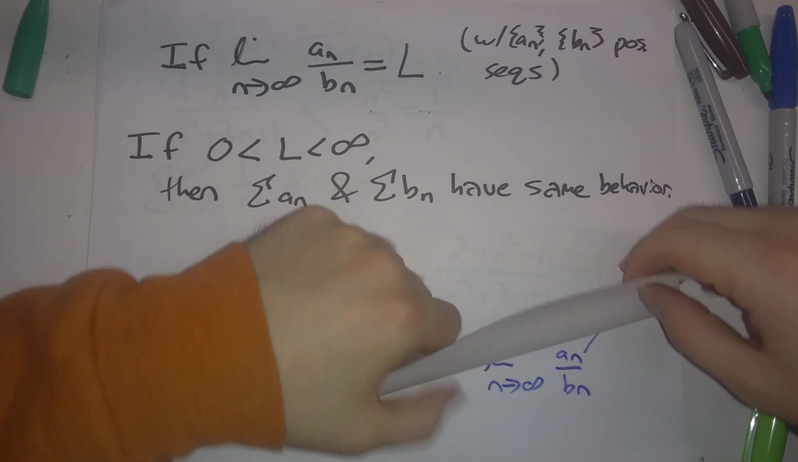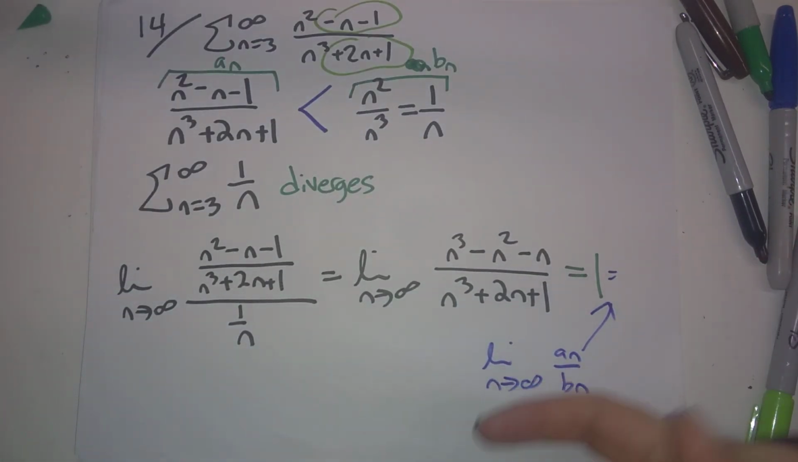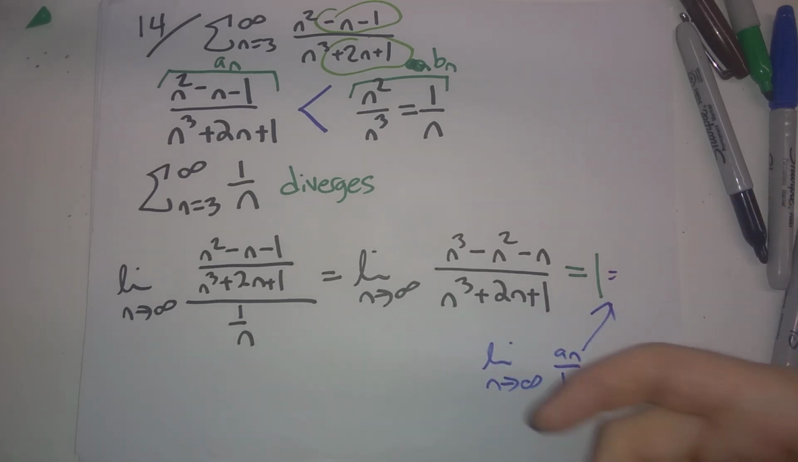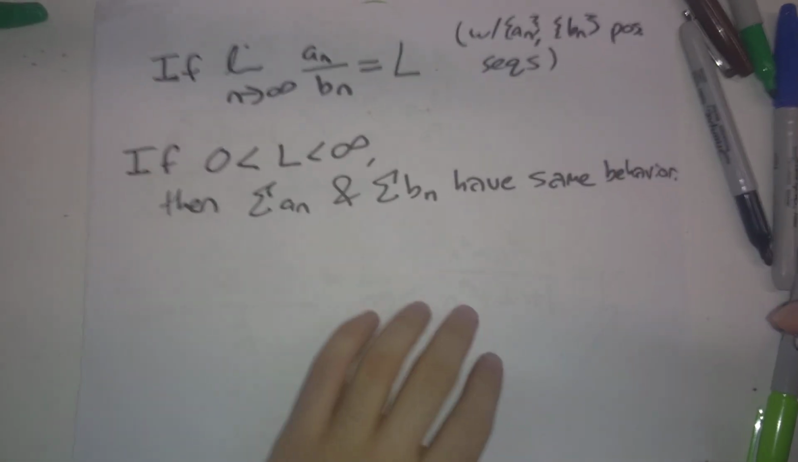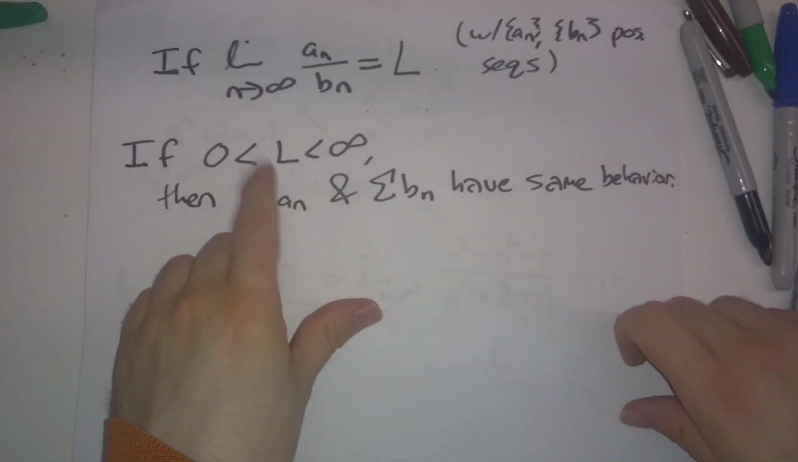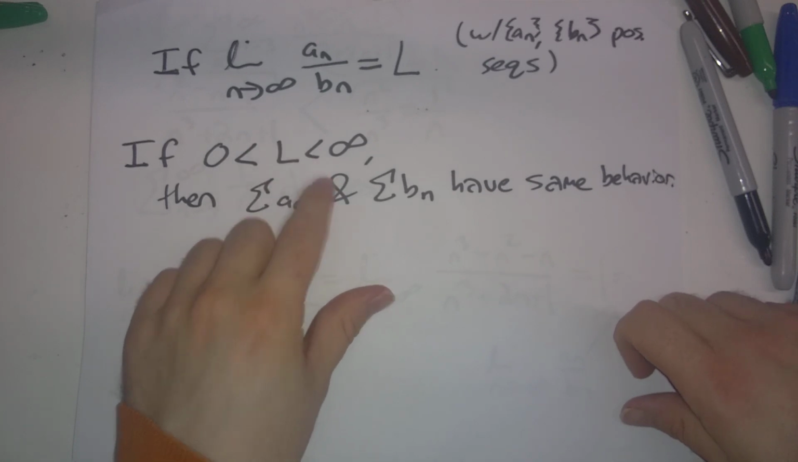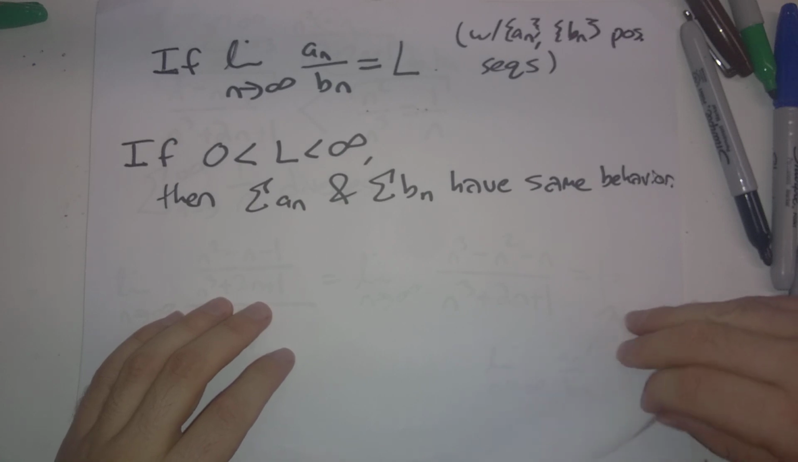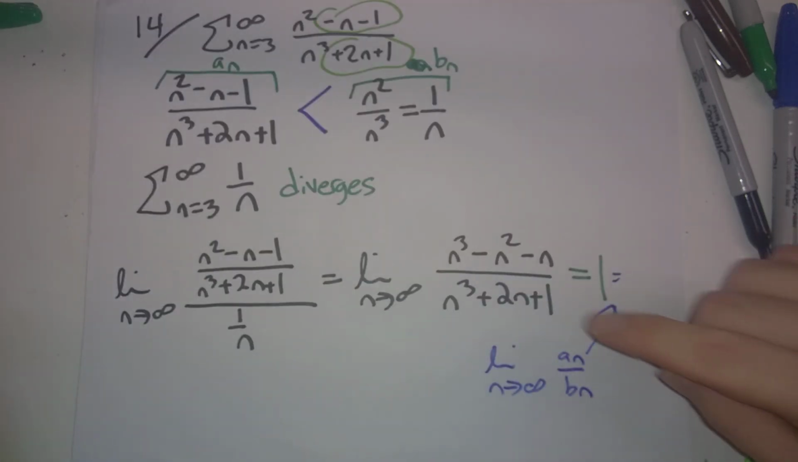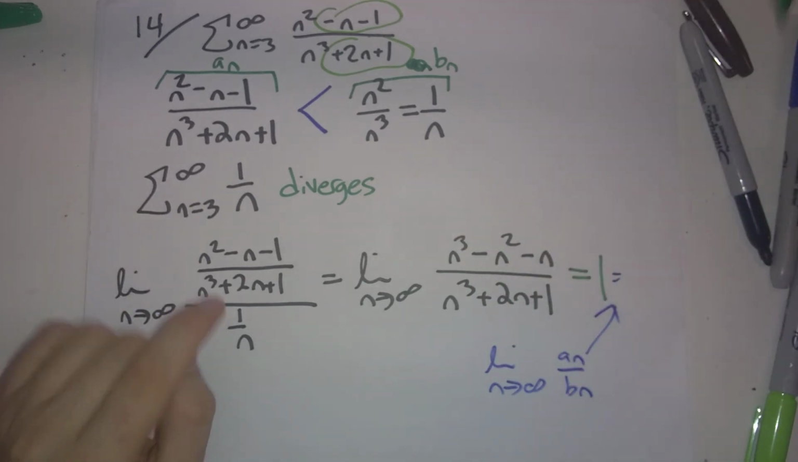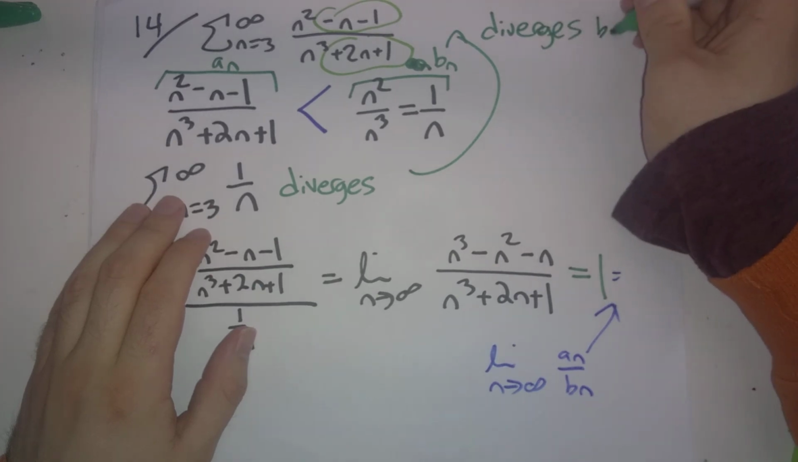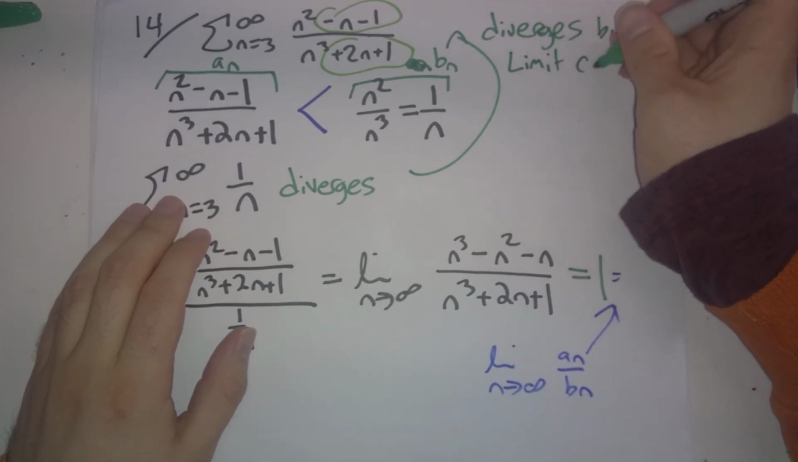So there's nothing magical here about getting 1. 1 is an important number in, say, the ratio test or the root test, where you look to see if the limit of the ratio is less than 1 or greater than 1. Here, this 1 doesn't mean anything other than it's a number that is positive. It's not 0, but it's not infinity. So that tells us that these two series are going to have the same behavior. And because we know that this series diverges, that finally tells us that this series also diverges by the limit comparison test